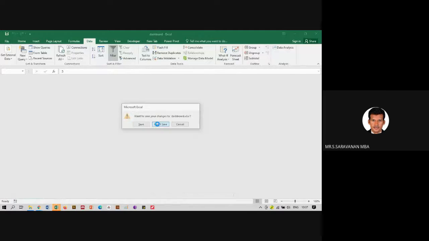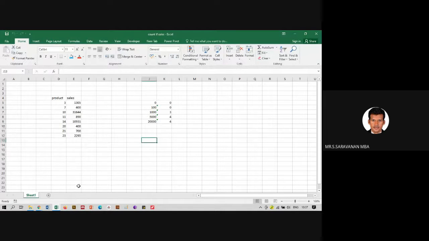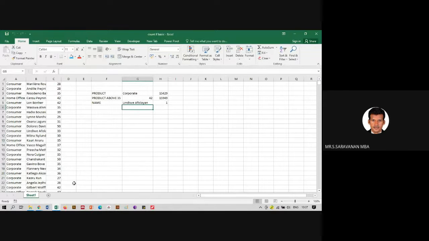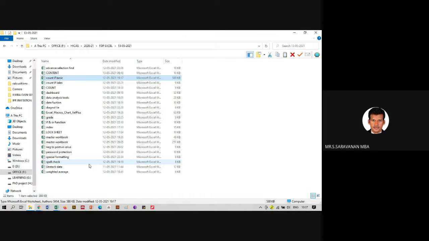We'll close this one also. Count can be used for basic as well as advanced functions. So the COUNTIF function, all this information we are going to see today.